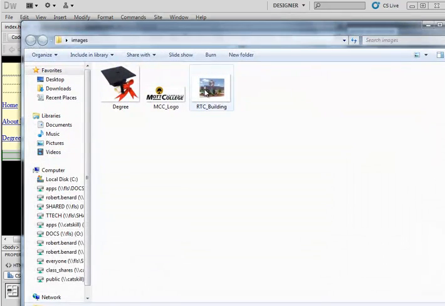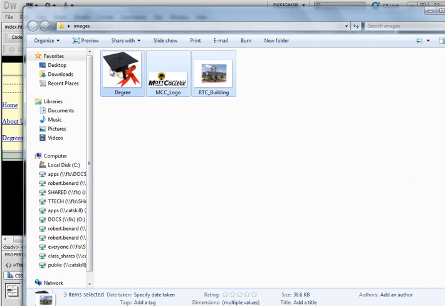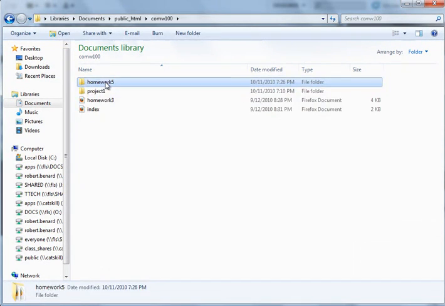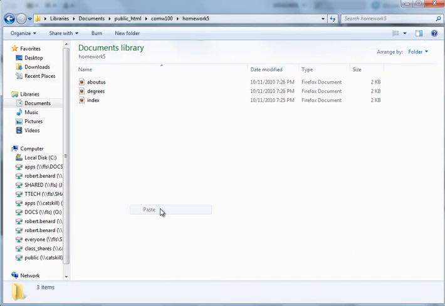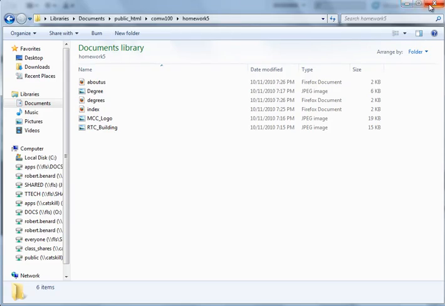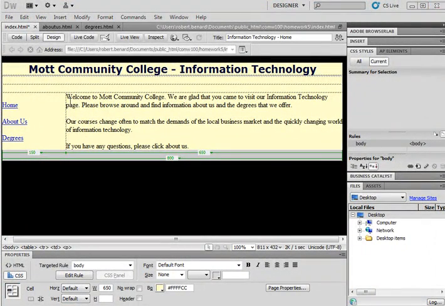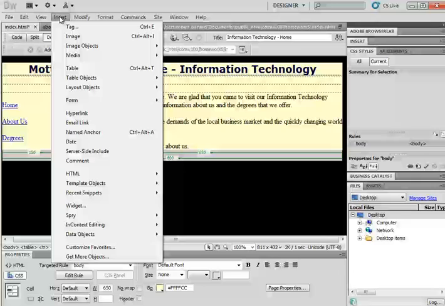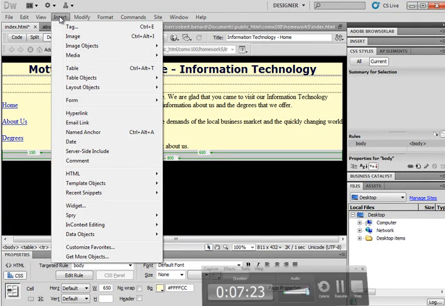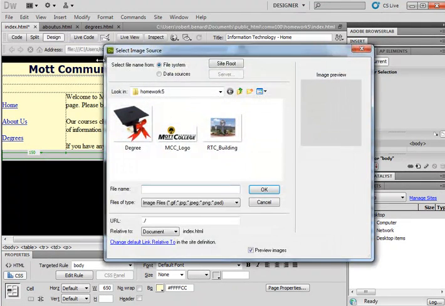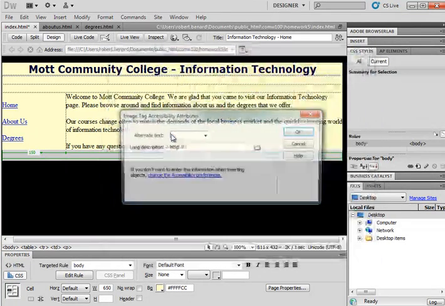So I downloaded a few images earlier. I'm going to copy those. I'm going to put them in my Homework 5 folder, make them available to this site. And I'll add my image. So insert image. I'll select the MCC logo,